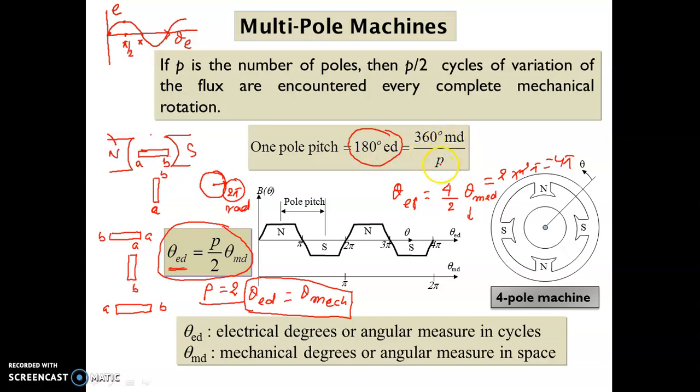So the mechanical angle, from this relation, this is the electrical angle and this is the mechanical angle, and you just put in the value of the electrical angle and mechanical degree. This is actually electrical degree and this is mechanical degree. I am talking about mechanical degree or mechanical angle. So this is mechanical degree, MD means mechanical degree, and it is 180 degree multiplied by electrical degree. You see, electrical degree is how much? You can convert it into mechanical degree using this relation. So you will get like this.